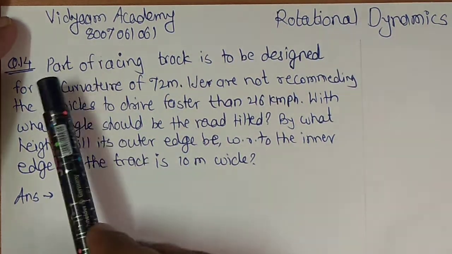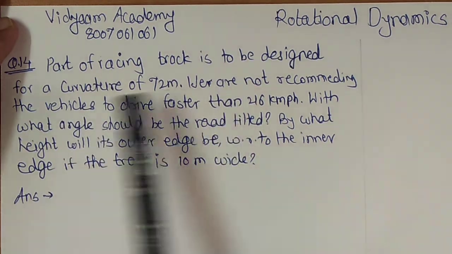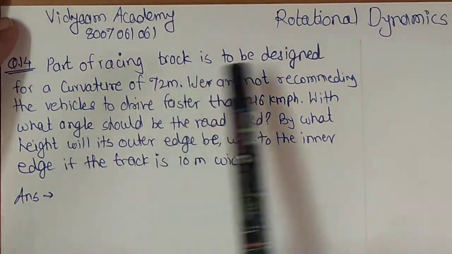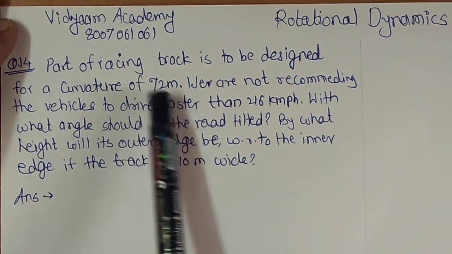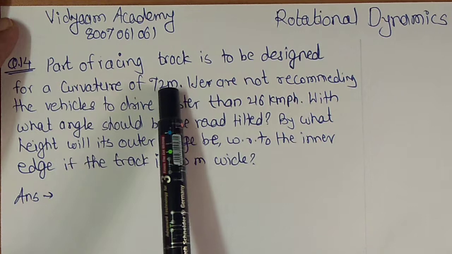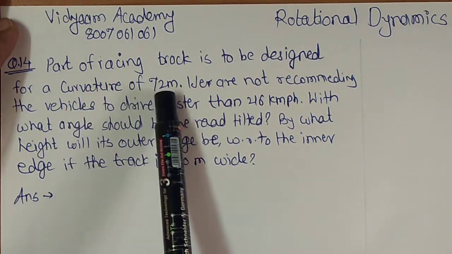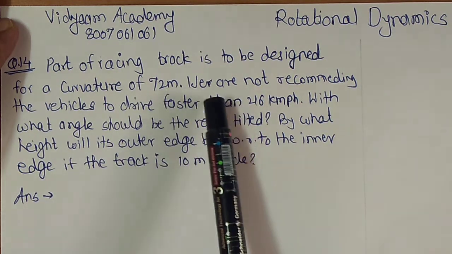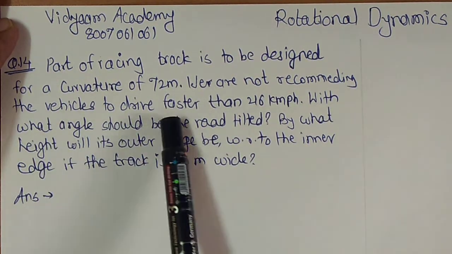Okay, so today we are going to discuss question number 14 in your book. So I'll read the question. Part of a racing track is to be designed for a curvature of 72 meter. Okay, so after reading the first line, you will get at least one data point, that is, the radius of that curved track is 72. We are not recommending the vehicle to drive faster than